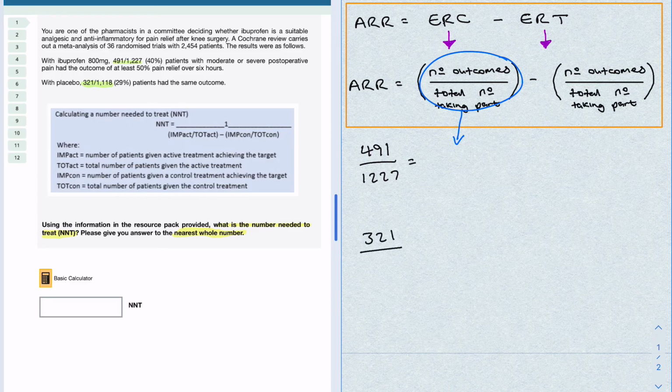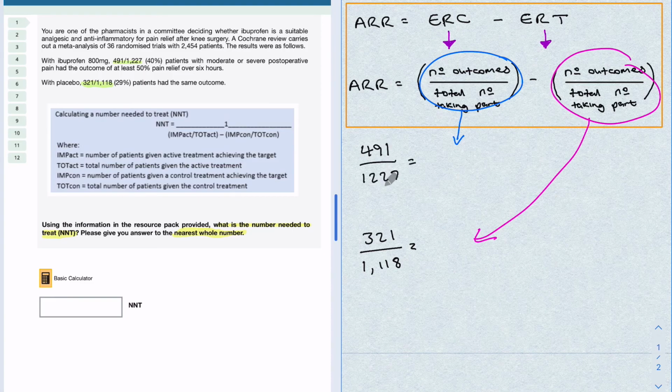321 divided by 1,118, and this value here, 321, is taken from here. So 321 is my number of outcomes, 1,118 is my total number taking part. So I'm going to get a different colour here just to show you. There you go. So 491 divided by 1,227 is the number of outcomes divided by the total number of people